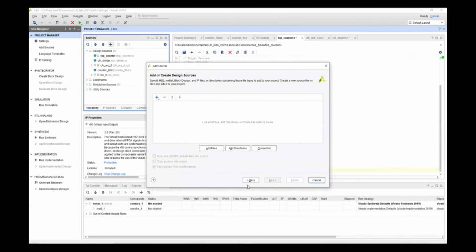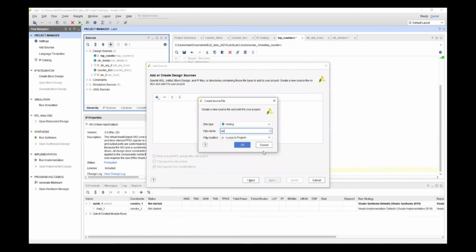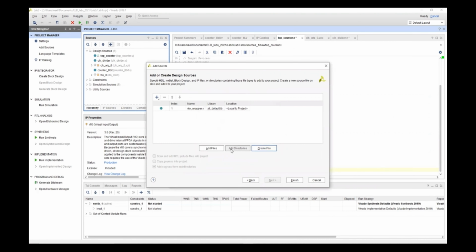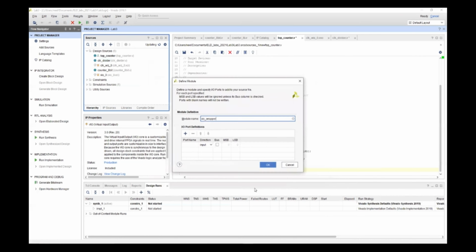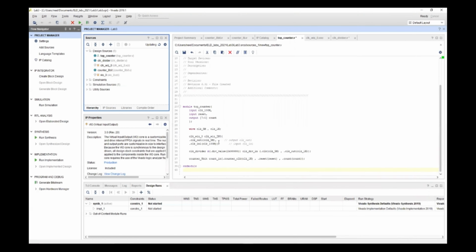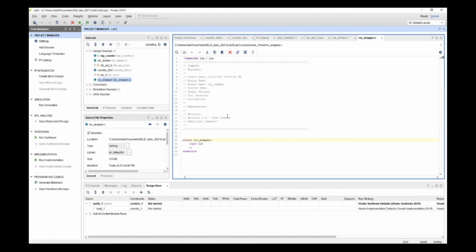Let us make the VIO wrapper. This VIO wrapper will have an input clock which comes from the FPGA. We need to initialize and make connections.